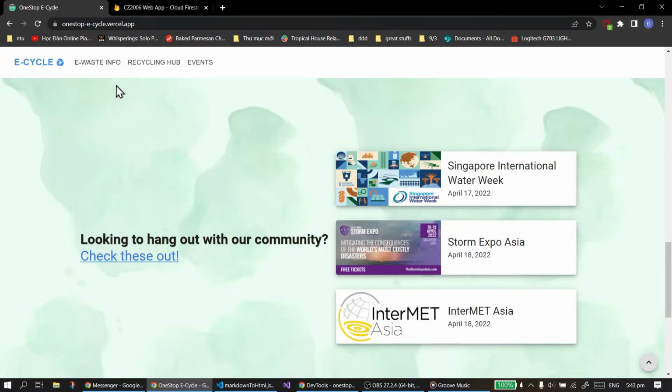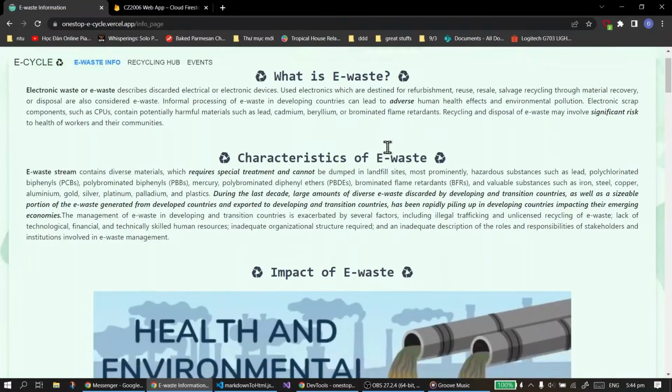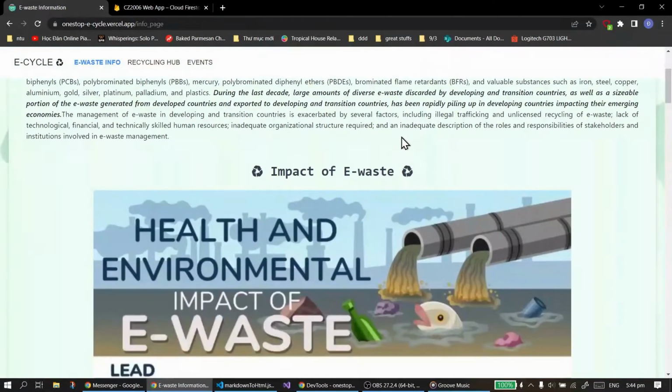And one thing to notice is that when I click on the button, the page loads almost immediately. This feature is called single-page application behavior. This allows the user to jump between pages without waiting to load any more data, and it gives a more dynamic experience. On the info page, we have useful information about e-waste, including the definition, some characteristics, impact of e-waste,